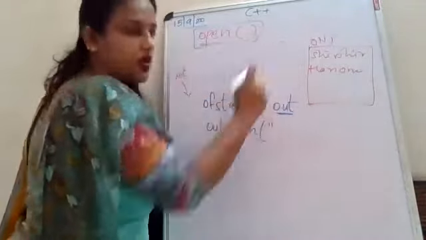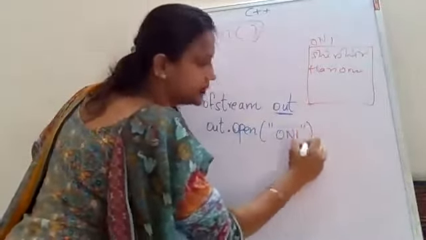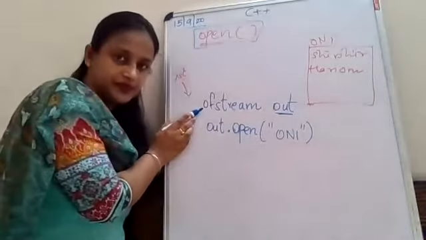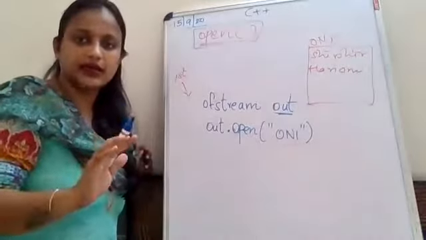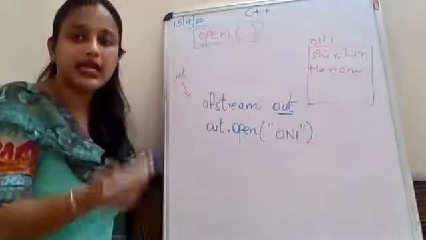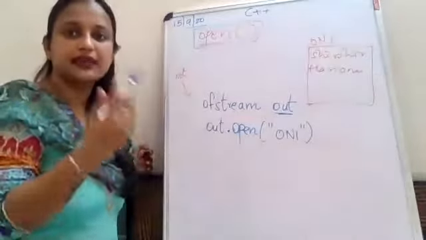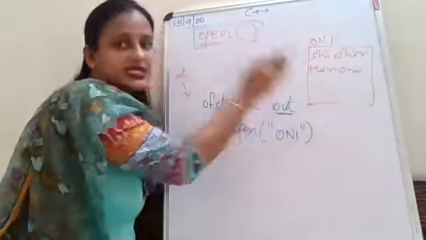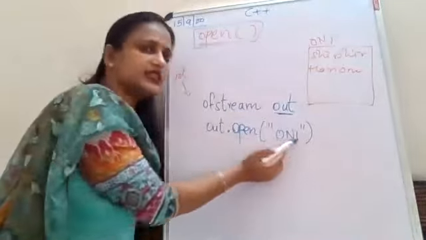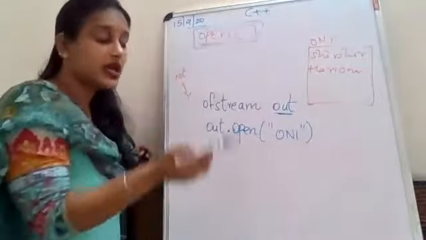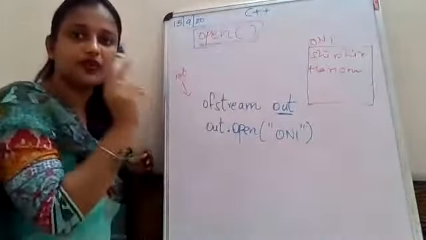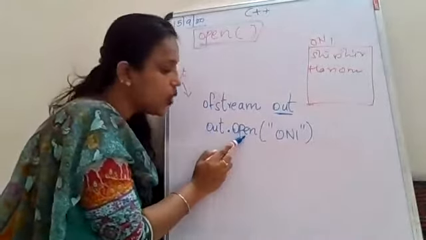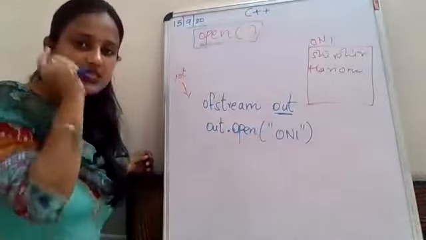What is the name of the file? on1. So I write on1. I write ofstream because for any operation, whether I want to do a read operation or a write operation, I need to use fstream, ifstream, or ofstream. Whatever I want to do, first I need to open this file, whatever the source of the file is. So for opening the file, you write ofstream, you create an object, you write object.open on1. This is the first method.